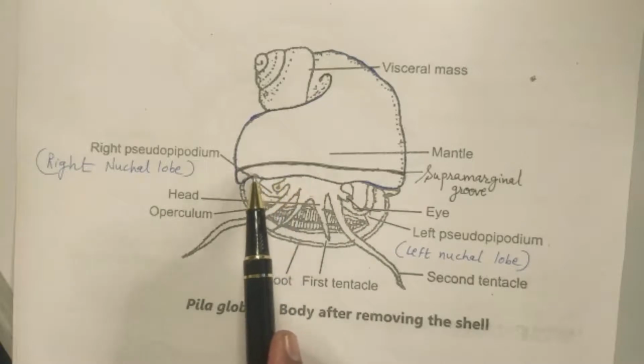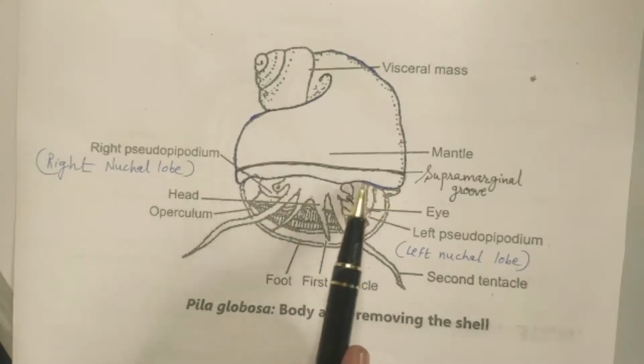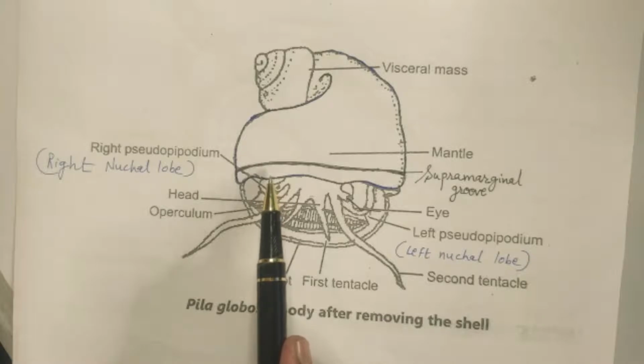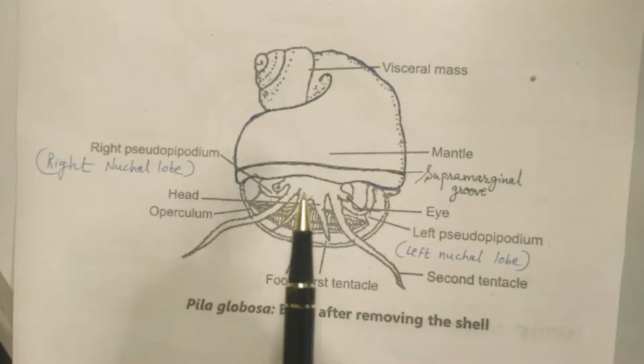This is the mantle edge, and from the mantle edge, the middle layer of the shell, that is ostracum, is secreted, and the lower layer, which is the hypostratum layer of the shell, is secreted by the general